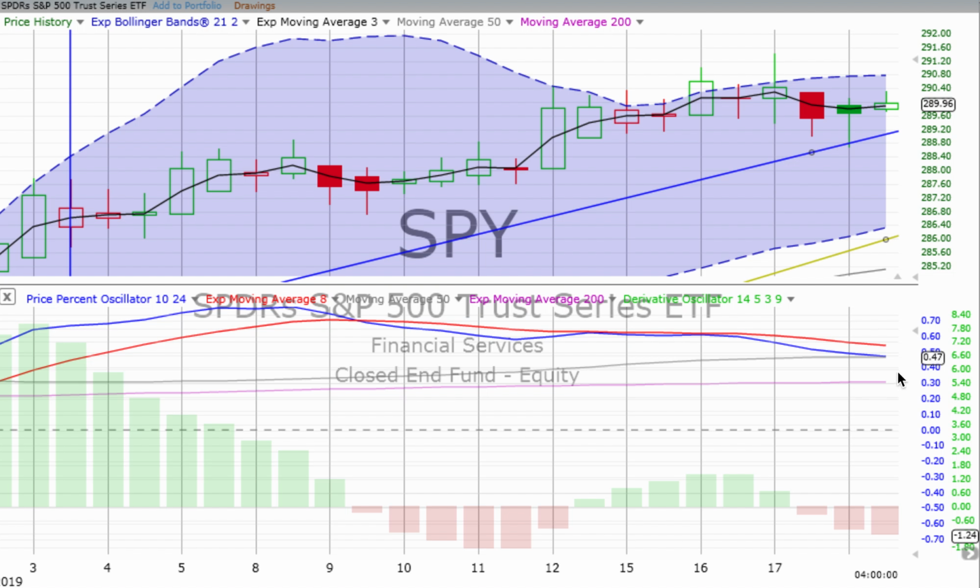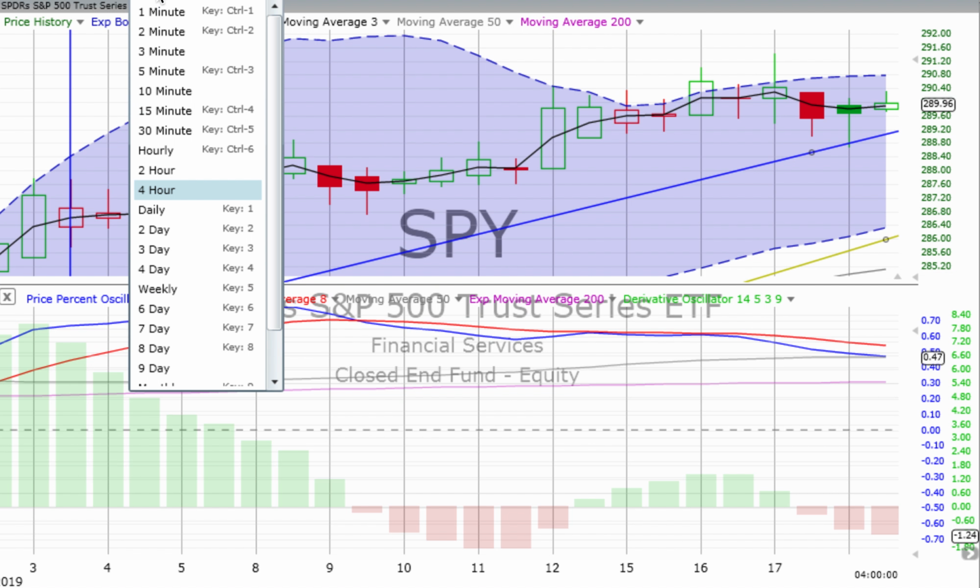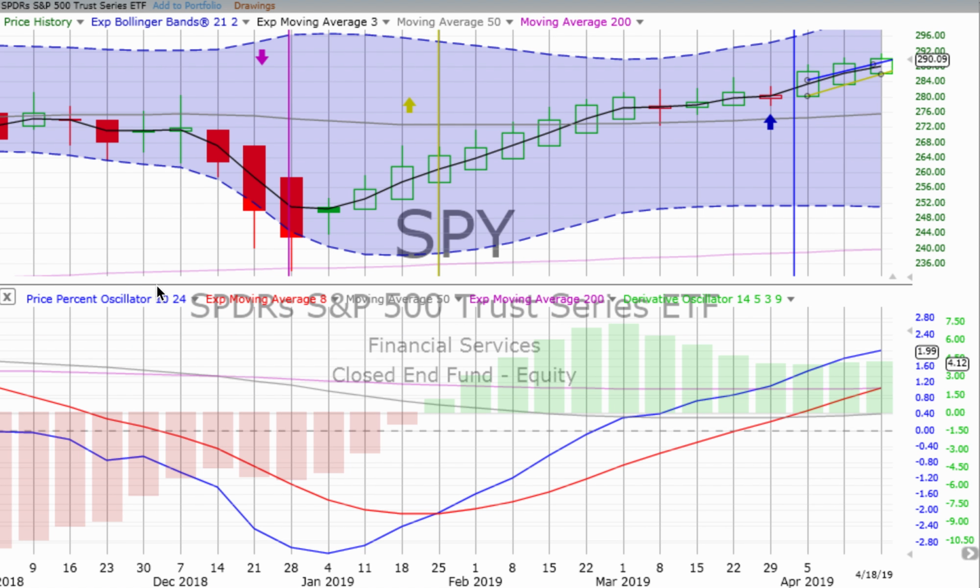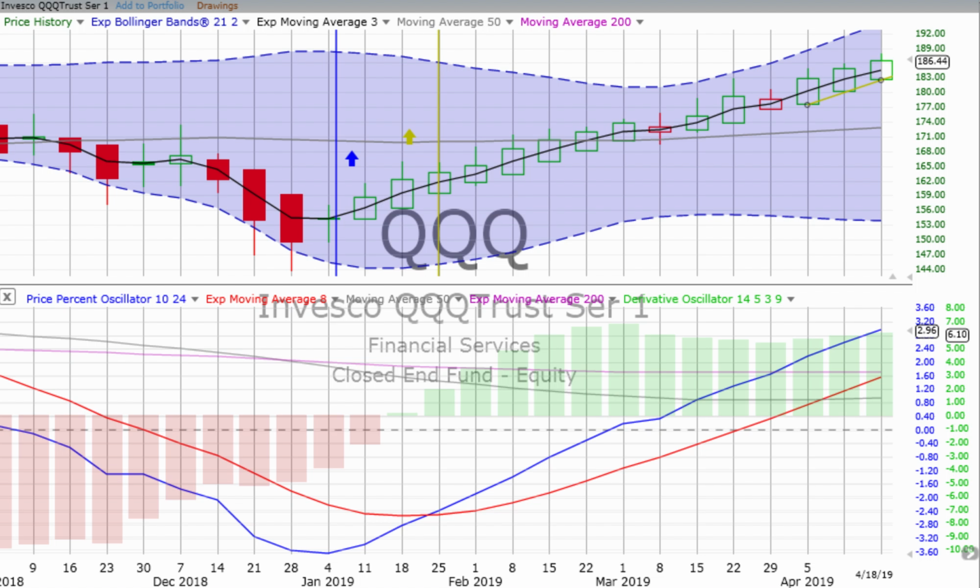Keep your eye on the prize. If the market opens on Monday and it's a big boom up in the morning, and around noon you see a crossover on the 4-hour chart going up, then by all means jump into a practice trade there. But the derivative oscillator is gaining downward momentum, price percent oscillator staying away from that red signal line. Not the best moves for the S&P for up movement. And again, some worries by people. The market is topping out.